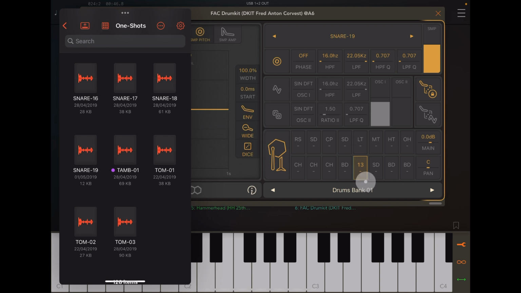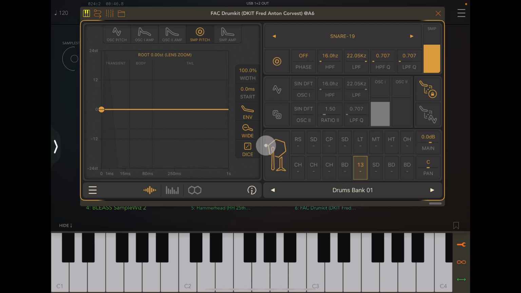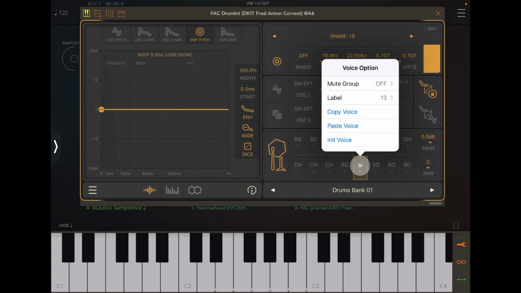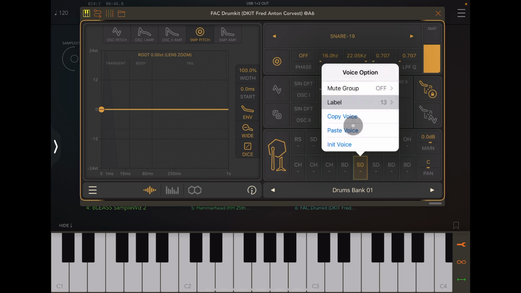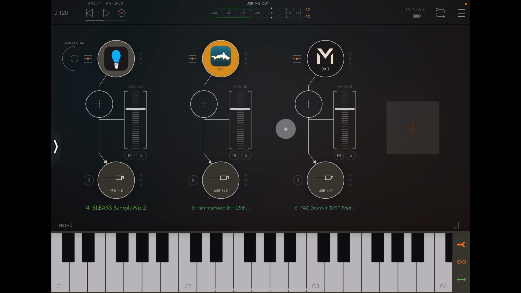Right? Let's get rid of the Sample Crate out of the way now. If we can. There we go. And now there's that sample we've just dropped in, as it should be, with none of the synth engine added or anything like that. And now it's a snare, so let's tap on that, and let's go label. And let's label it as a snare drum, because it sounds snare-ish. And now we know, so C3, let's go back to